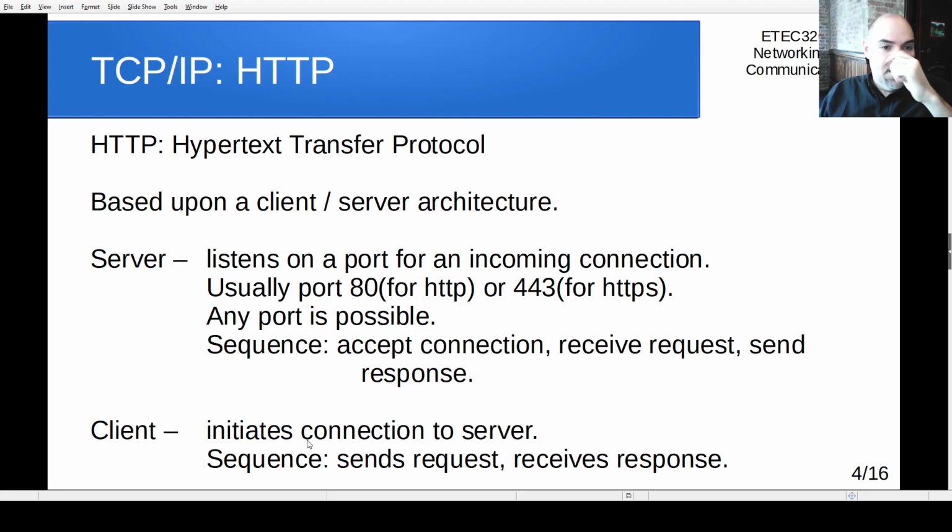Okay, now the whole architecture is based on this client-server kind of model, meaning that the server, a web server, sits and listens for an incoming connection. When a connection gets made, the sequence there is: accept the connection, receive the request, send the response, and then